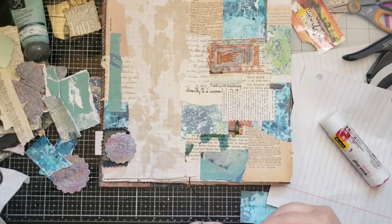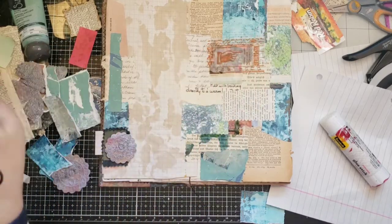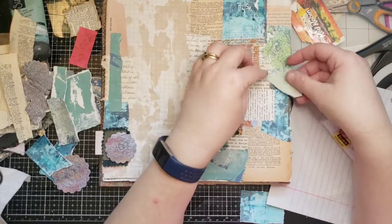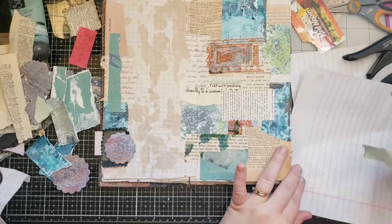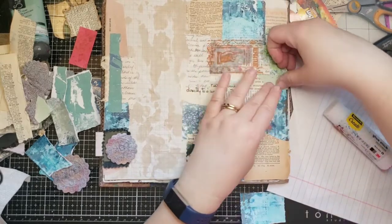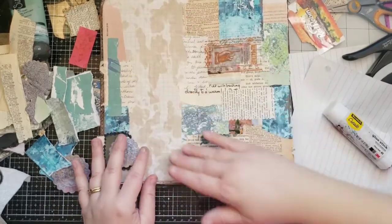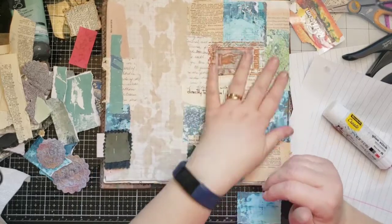And I could trim that off, but I don't have to. I know, a random piece of red. Who would do that? I might. This has got a little bit of ink on there. Just gonna stick that right there. Alright, so this is pretty covered. This is covered. I still have some writing space here. Now I need to